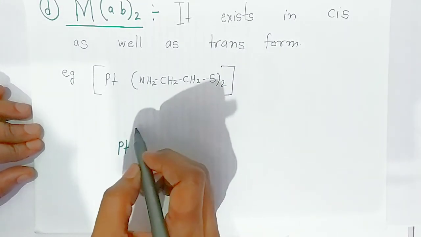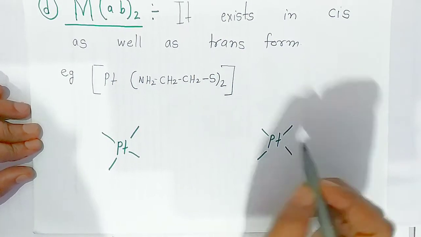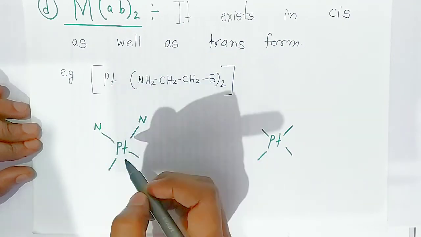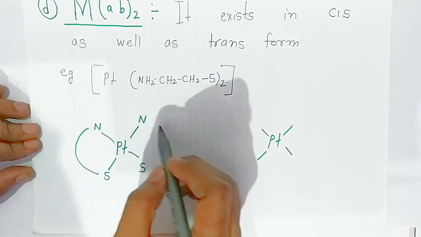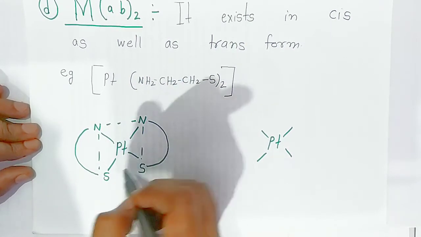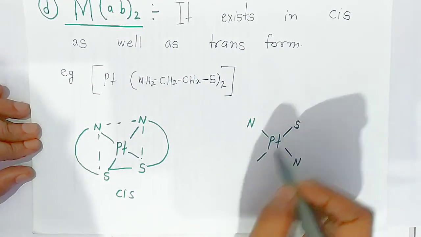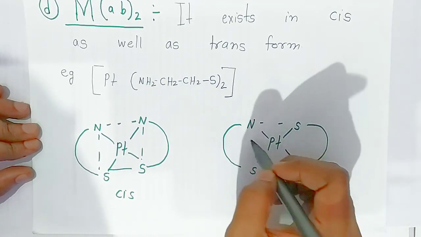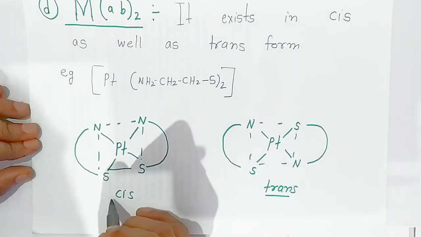What will be the possible structure? Platinum will be at the center, and this is the square planar complex. Platinum will be at the center, and see, students, where the nitrogen of ammonia is coming adjacent to each other, and sulfur is coming like this, and it is forming this. This is the first ligand and second ligand like this. So it will form, students, which type of complex? It is forming cis type of complex. We call it cis. And when the nitrogen is coming opposite to this and sulfur is coming opposite, again it is forming the same type of structure, but because they are opposite to each other, this is called trans. So these are the 2 types of isomers that exist.